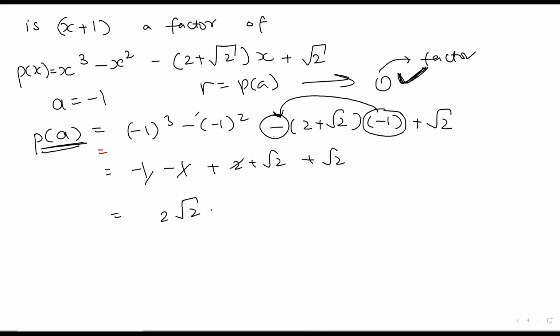So the step that I skipped, I will write it over here. So this is -1 cubed is -1. This is minus of +1. So that is again -1. And this over here, this is minus of -1 into 2 plus root 2. Is it okay, Mridula, if I just interchange the positions of this -1 and this 2 plus root 2? So I just wrote this first and I wrote this later. That's all I did. Yes, ma'am. Yeah. So now do you understand, Mridula, why it became positive? Yes, ma'am. Okay. So are you getting the same answer or is mine wrong?